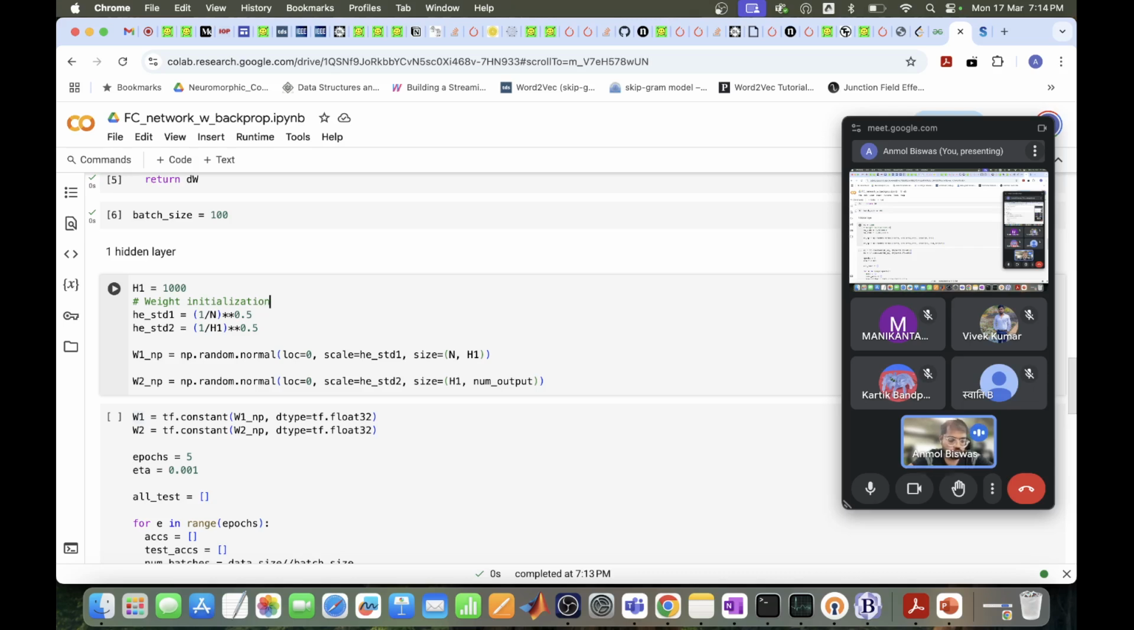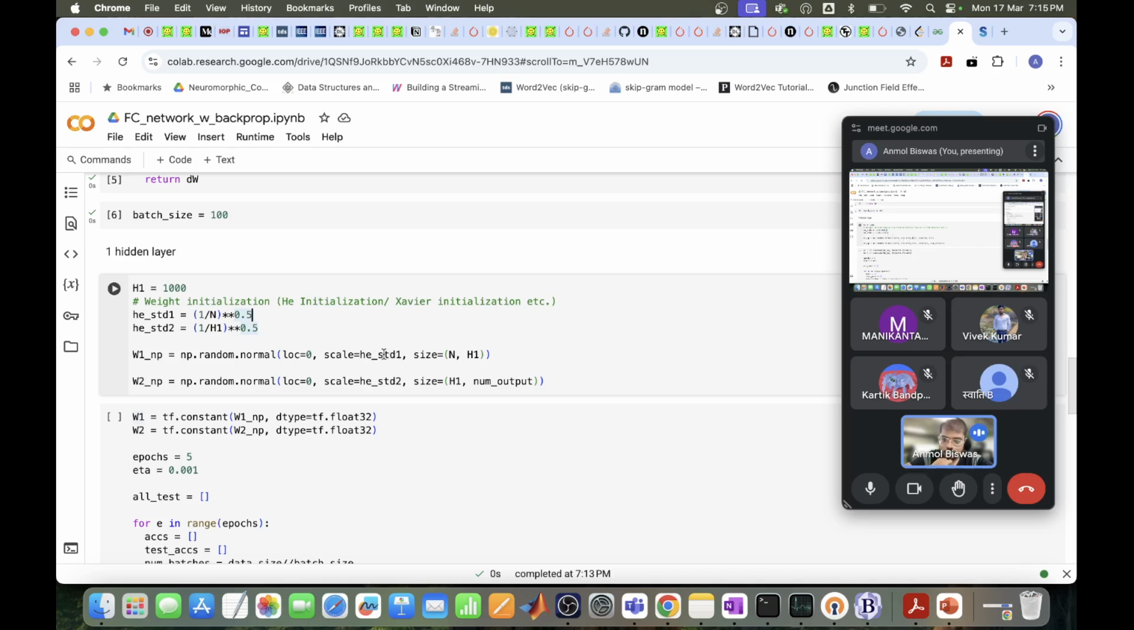So this is what I was talking about, that you perform statistical analysis, and people arrived at certain rules. So this is called Xavier initialization, named after the authors of the paper, right? So basically what people found out is that if you take the standard deviation and you equate that,